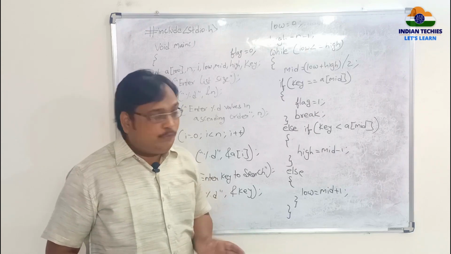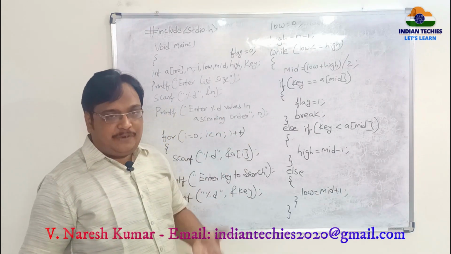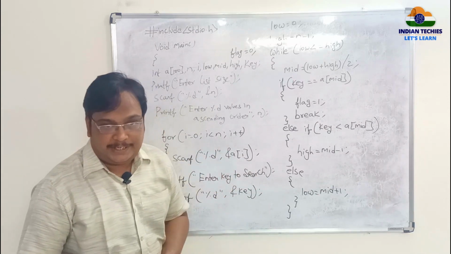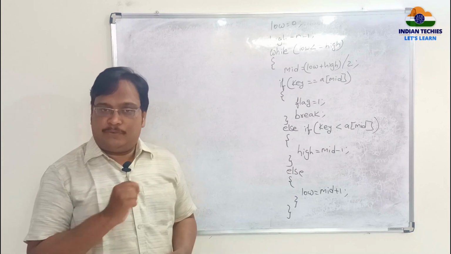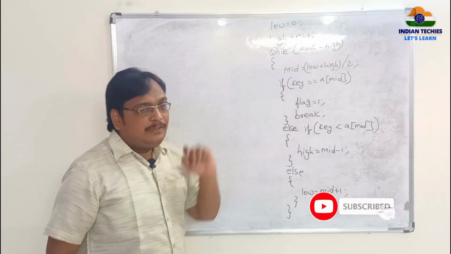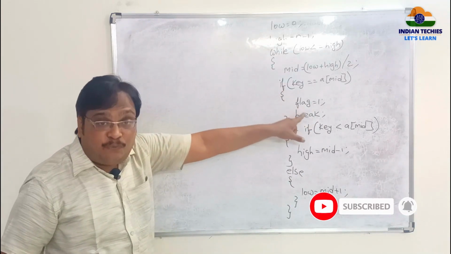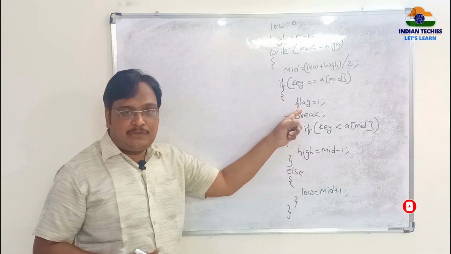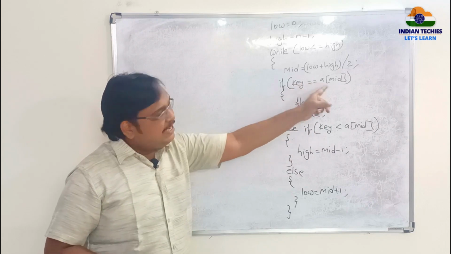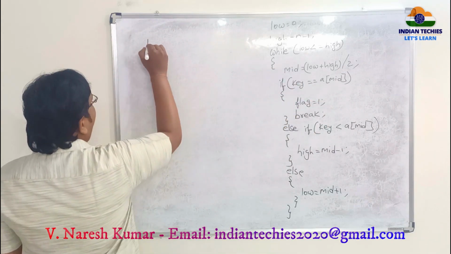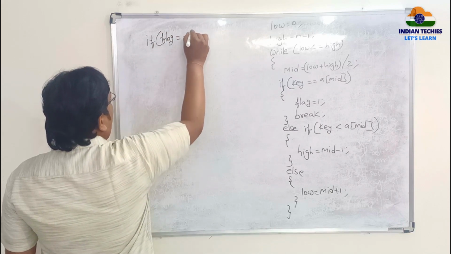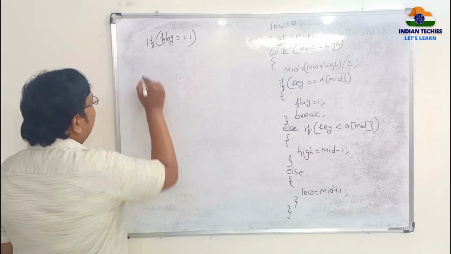Right? Now, once this total logic is completed, if element is found, you have to print element, otherwise not found. That logic we will be writing now. So, the logic for element found or not. Now, this flag value will be set to 1 if element is found only. Initially, what is the flag value we have set as 0. So, whenever this flag value is set to 1 means element is found only. So, we will check this. That is, if flag value is double equal to 1, that is equal to 1, then